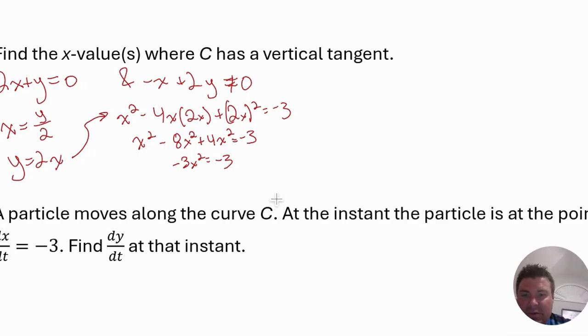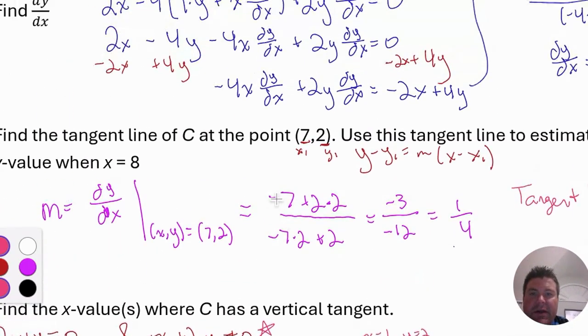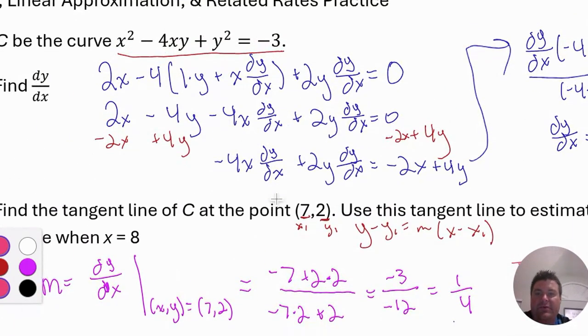So you're going to get x to equal plus and minus 1. So x is equal to plus and minus 1. That's the thing I care about. Now, I do want to real quickly double check to make sure that the numerator is not 0 for either x equals 1 or negative 1. So I'll check if x is equal to 1, that means that y is 2. And if I come up here and plug in x equals 1 and y equals 2,